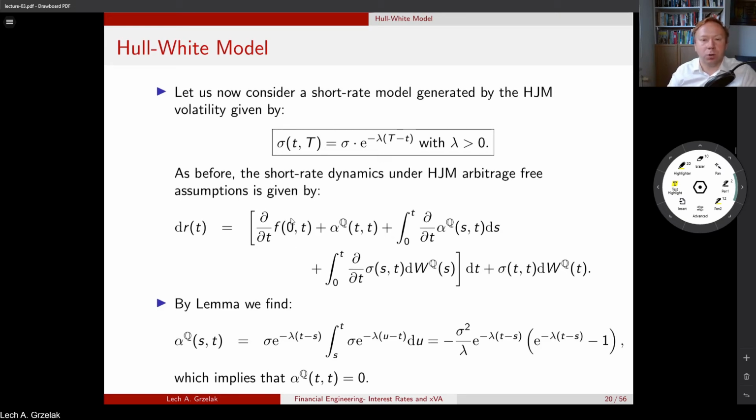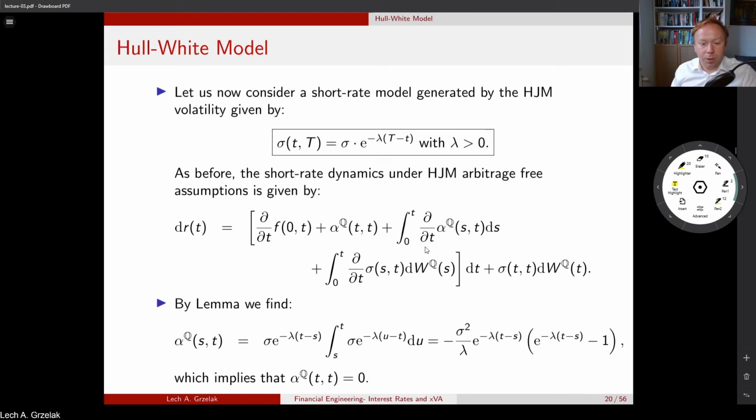So we can call it, we always call it a term structure. So we differentiate the term structure. We have alpha(t,T), and we have two integrals with respect to alpha and sigma. Of course, alpha under the risk neutral world is also defined as the sigma, so it's a sigma times integral of sigma. This is the arbitrage free assumption of the